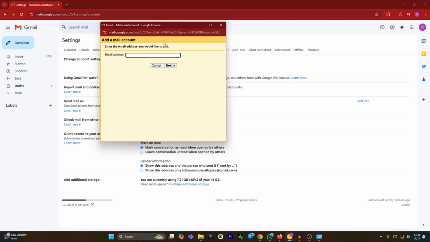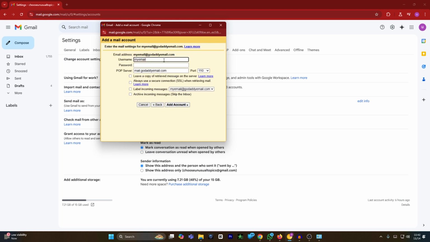A new tab will open. From here you have to enter your GoDaddy email address. After that you have to click on next. You will select POP3 and click on next. Now again you have to enter your email address once again and paste that, and you have to enter your